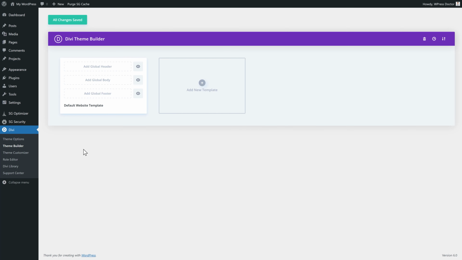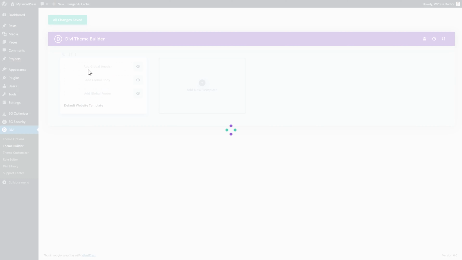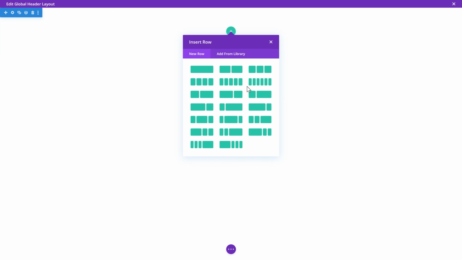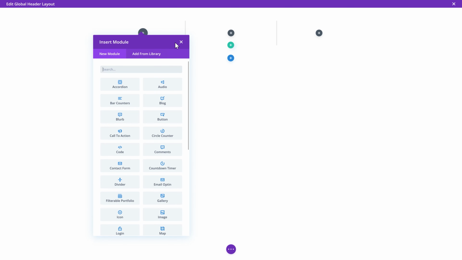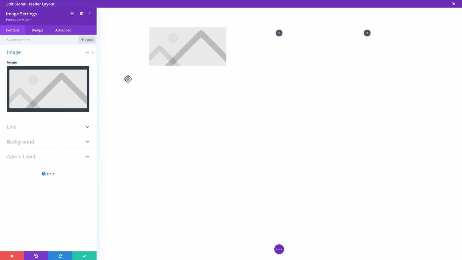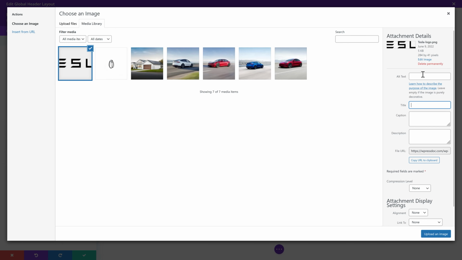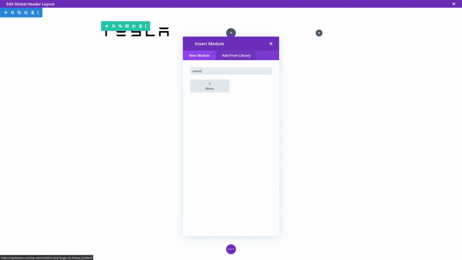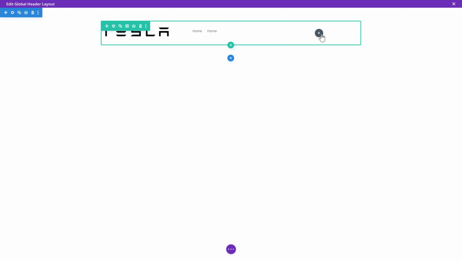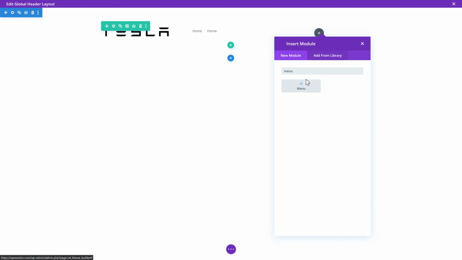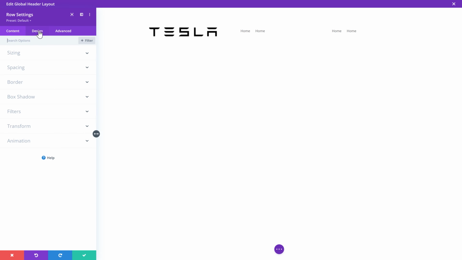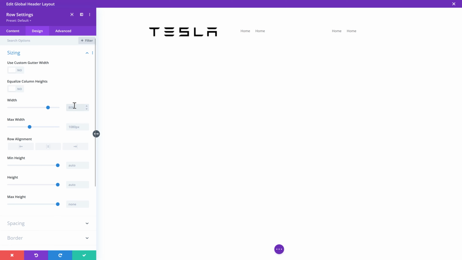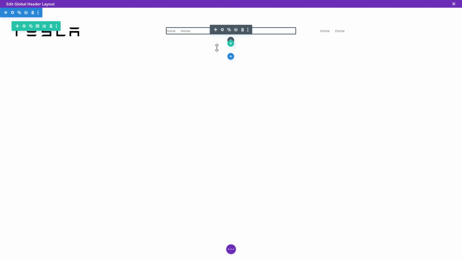Now we're going to create this beautiful menu on the top of the website. To do that, we go to the Divi Theme Builder and we're gonna add a global header like this. We actually gonna need 3 columns. And the first one is an image with the logo, the Tesla logo. And then we're gonna add in a menu module like this. Let's add in another menu over there. Now, the first thing we do is we're gonna create this one to be almost full width because that's what they have. Then we're going to create these 2 menus.